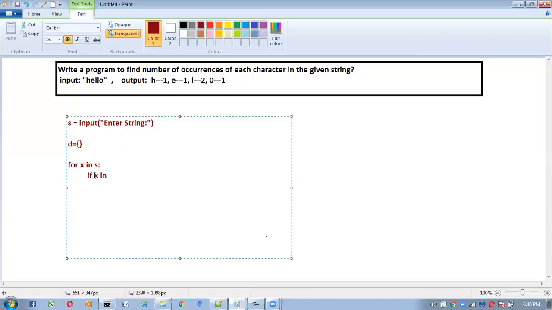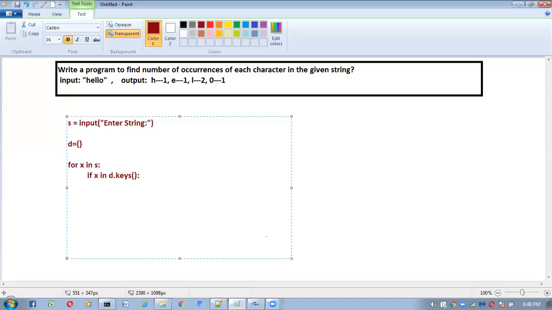For that, we have one inbuilt function inside dictionaries, which is the keys function. Here d means dictionary, so we have to use the d.keys function. We have to check whether x is available inside d.keys or not.